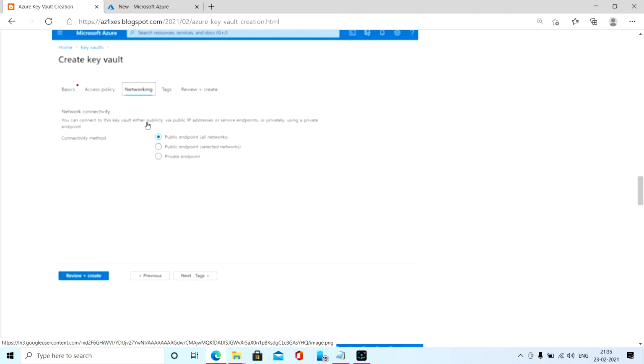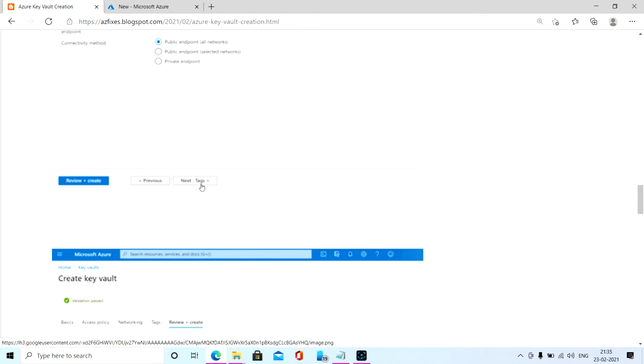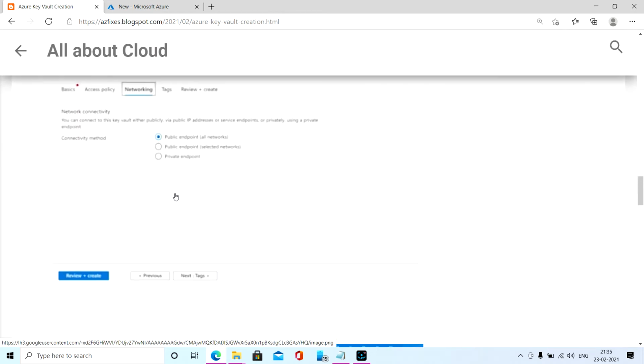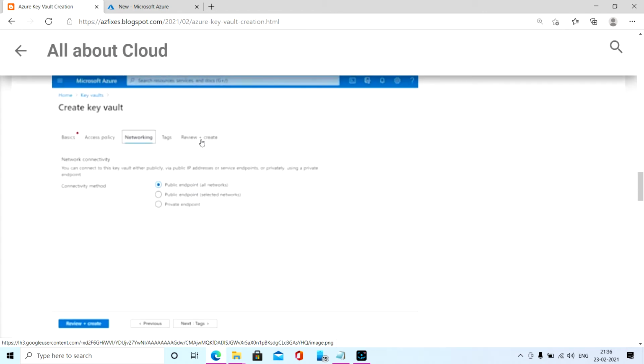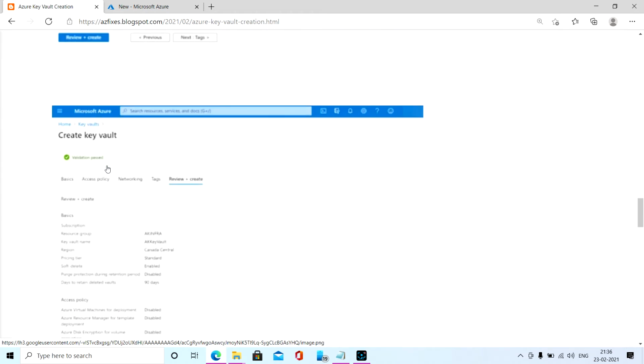Once you fill in the networking part, you will move to the tagging tab. You have to mention all the tags like the cost center and application ID and many more, according to your environment, and once you fill in the tag details, you may proceed to review and create.